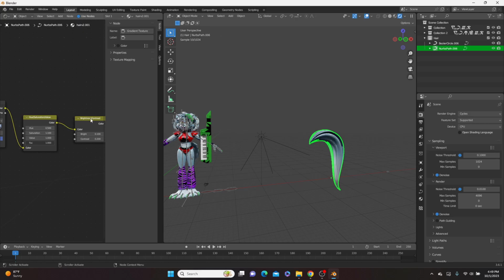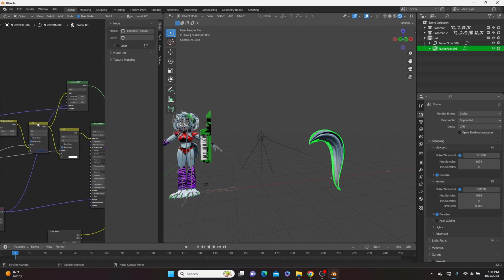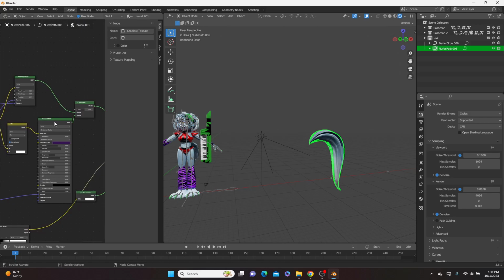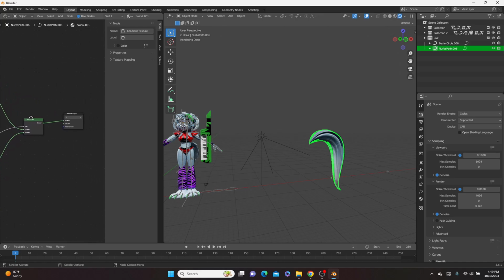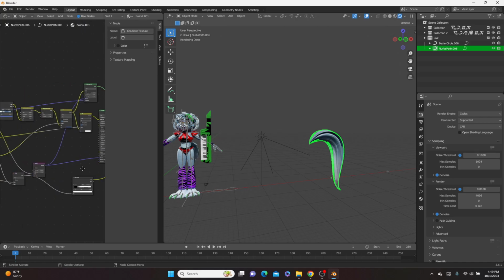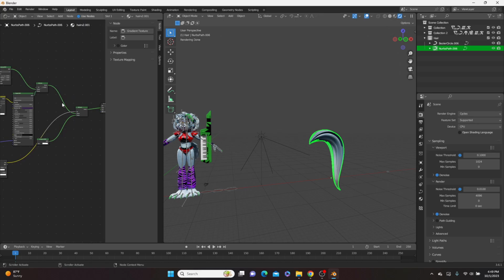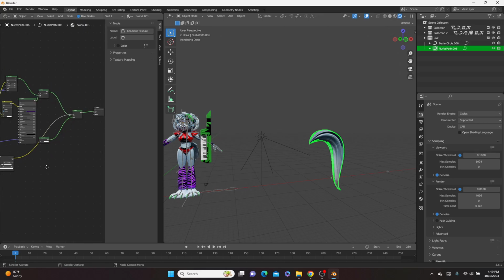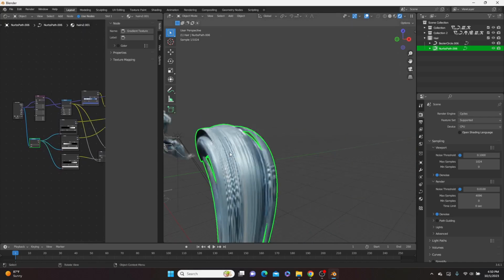Then hue saturation value to the brightness and contrast. Then it's mixed in with something else, and then mixed in here. And it's plugged into the base color of the principled BSDF, which is plugged into a mix shader, which is plugged into another mix shader, which is plugged into the material output. That's just base color. If you wanted just the base color, you would just ignore the mix shaders and plug it straight into material. But if you want the rest of the stuff, like these little fake ridges,